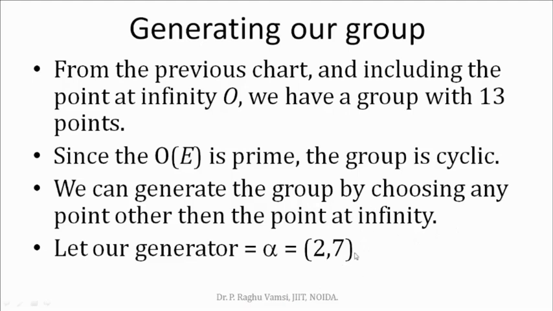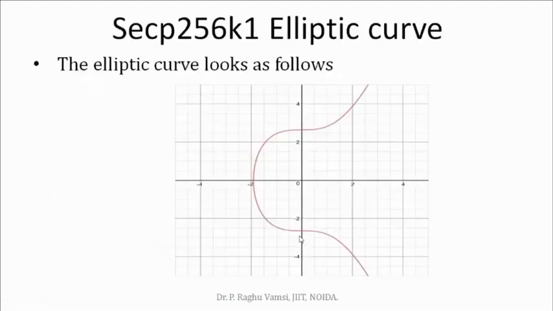When the adding points are both the same, for example if you are supplied with 2,7 and you want to generate multiple points, the best way of doing this is by performing point doubling. That means this is the alpha you are having. You can make 2 alpha, which means alpha plus alpha. It is just like R is equal to P plus Q, where P is equal to Q. So 2,7 plus 2,7. This is what is called point doubling.